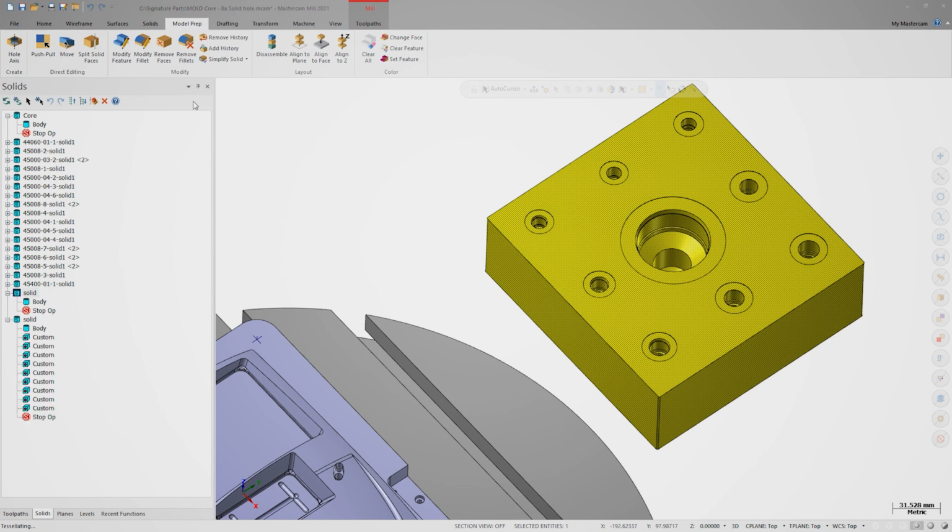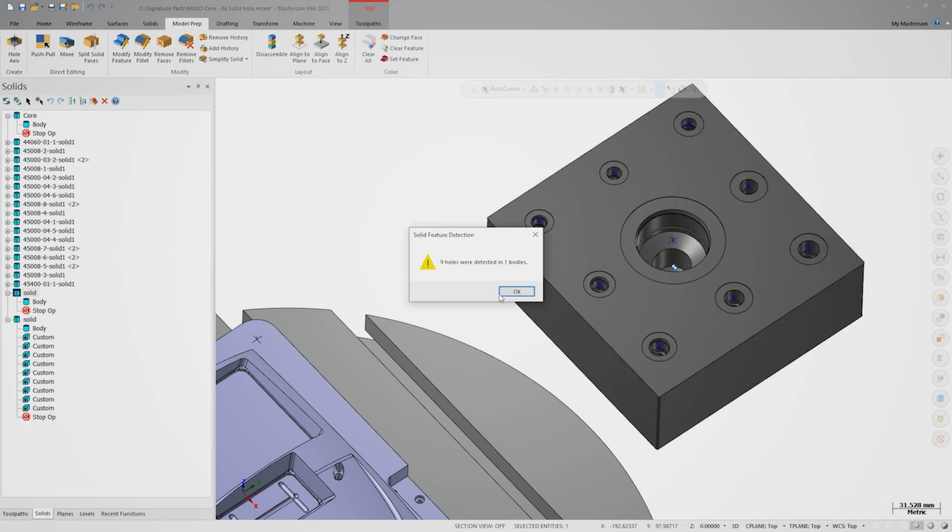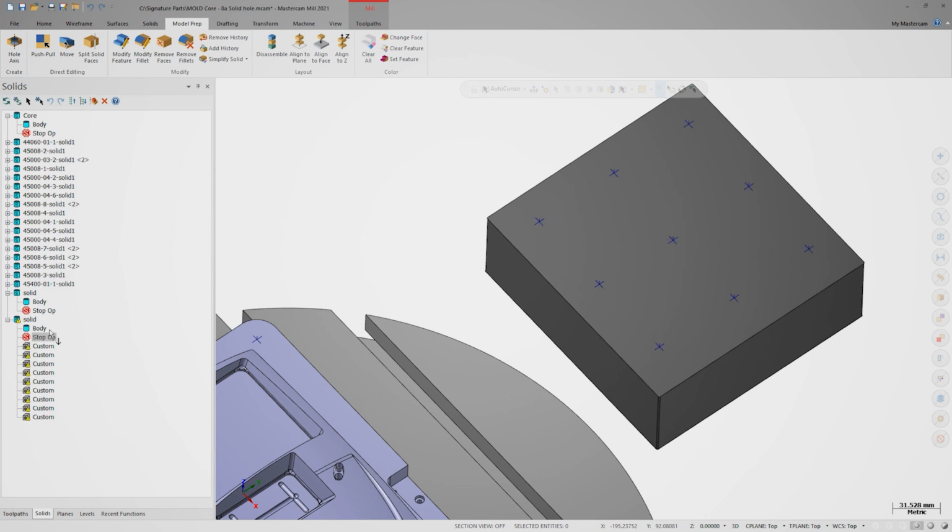Once I click OK, Mastercam tells me that it found 9 new features. If I look in the Solids Manager again, I can see that Mastercam has added new solid operations to the model. A great way to better understand what it recognized is to grab the stop op and slide it all the way to the top. This clearly shows all the holes were recognized, and Mastercam has not found any problems with converting them to custom